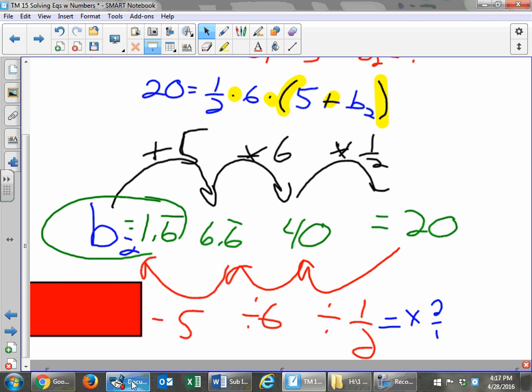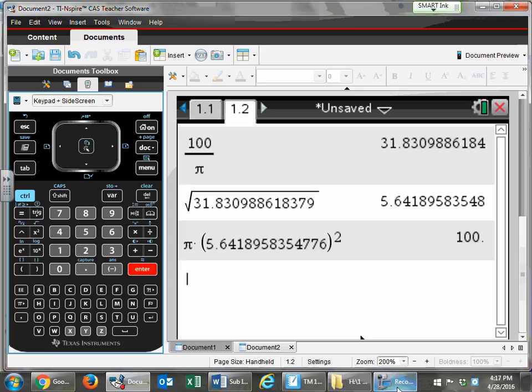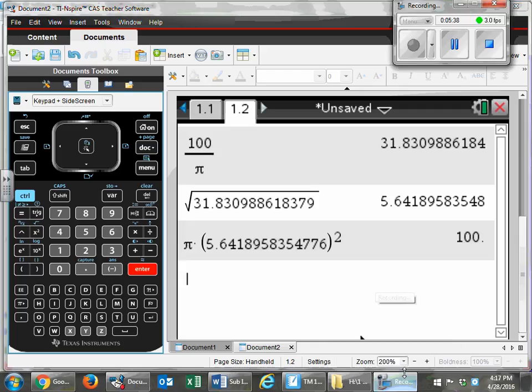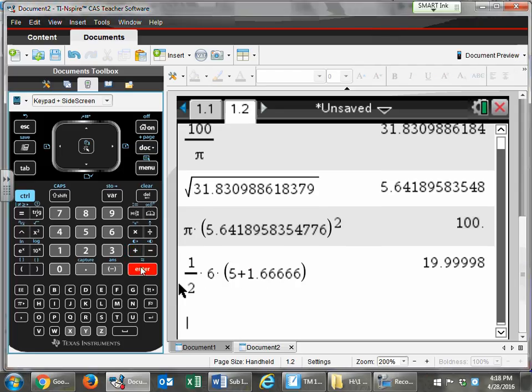So if I head over to the calculator, I should be able to double check that. So here I have it, a half times 6 times 5 plus 1.6 repeating. And drum roll please, when I get done, I should get 20. Well, okay, pretty close. If I would have recaptured that, I would have done a little bit better job, you know, because we started with